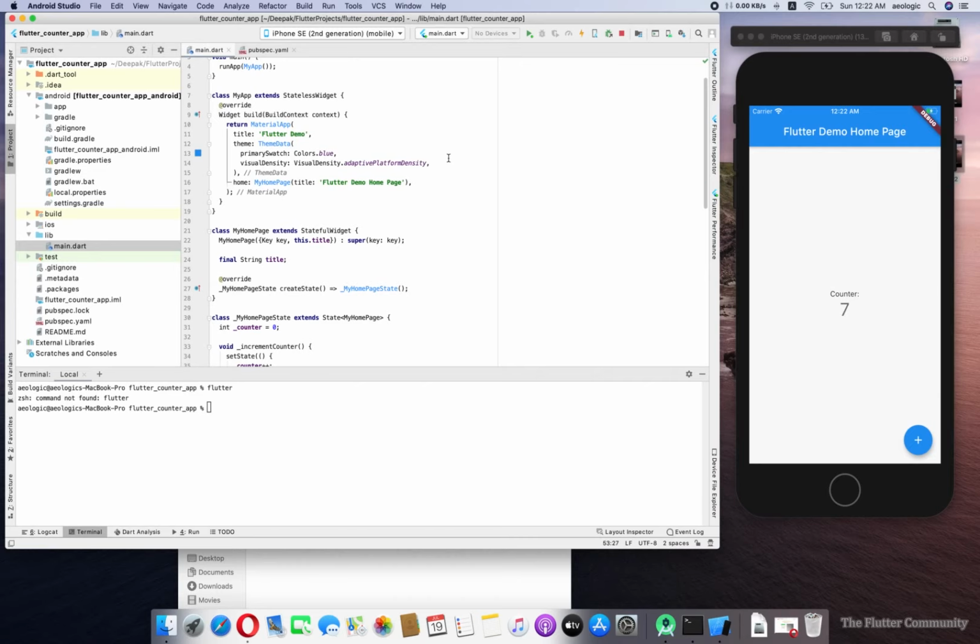So it's really great technology, a great framework given by Google, and it's stable now. So we have to learn more about this technology because it's completely cross platform. We can maintain only a single code base, and we can build for multiple OS. So this is the power of Flutter.